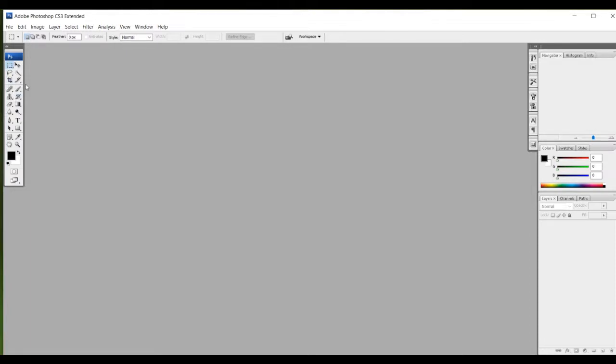A small horizontal line is present after each group of tools. The first group consists of 6 tools. These 6 tools are the selection and crop tools: rectangular marquee tool, move tool, lasso tool, quick selection tool, crop tool, then slice tool.